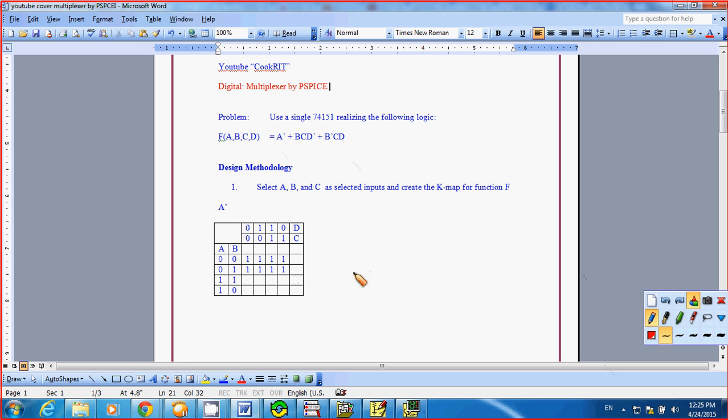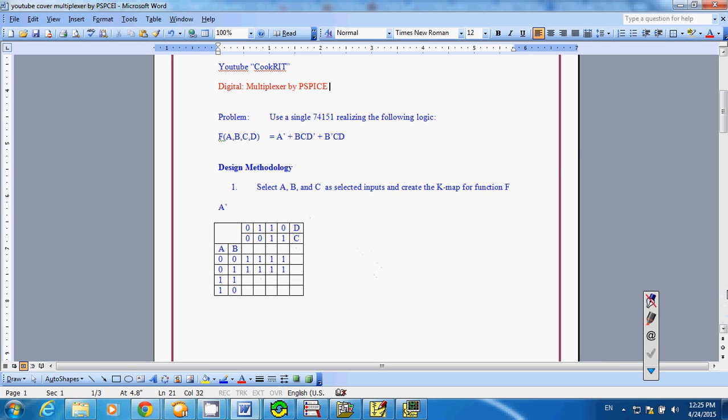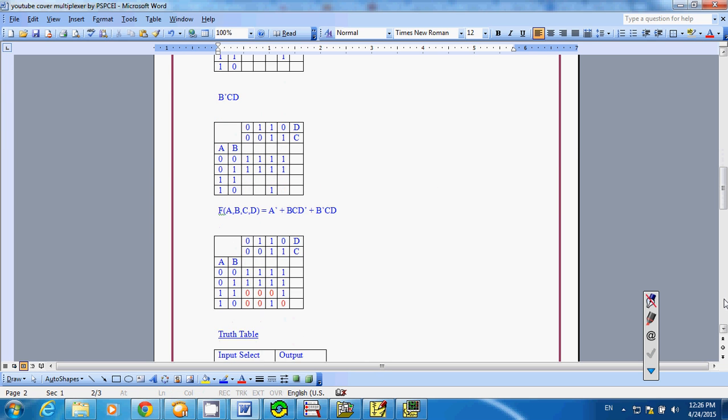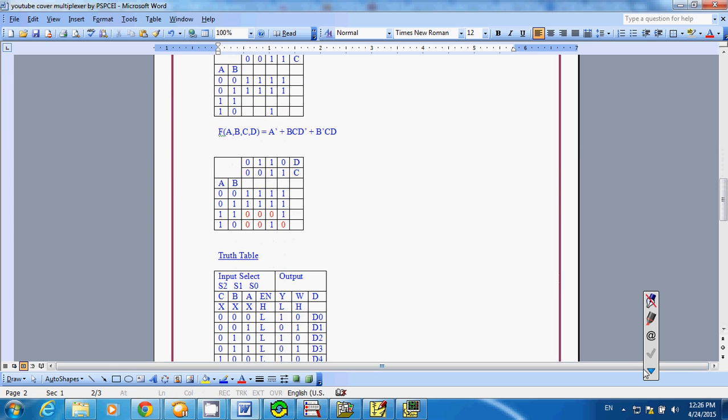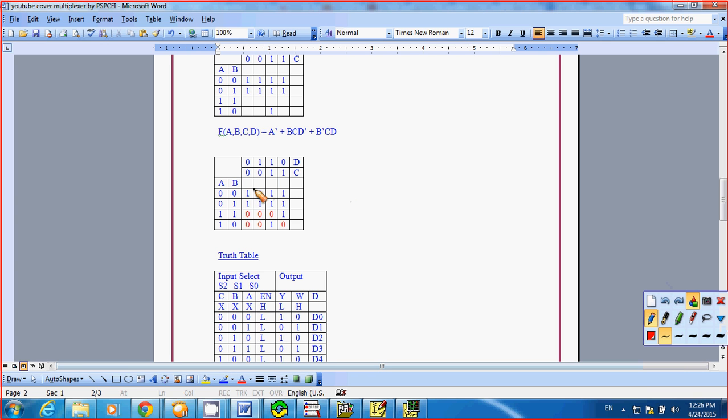The next step is you need to include everything in the single Karnaugh map. So I end up with the Karnaugh map like this. This comes from A prime, right? Or A complement, and I have this term here. I have 1 from this term, and this one here I get it from this term. Now the next step is to